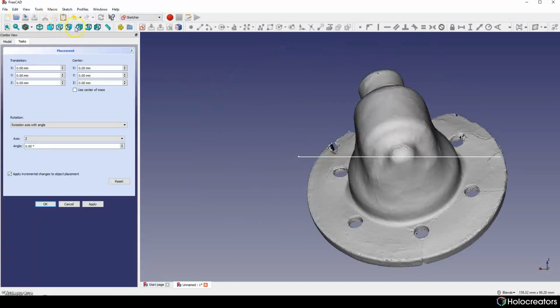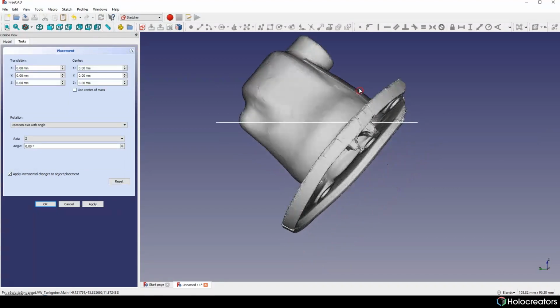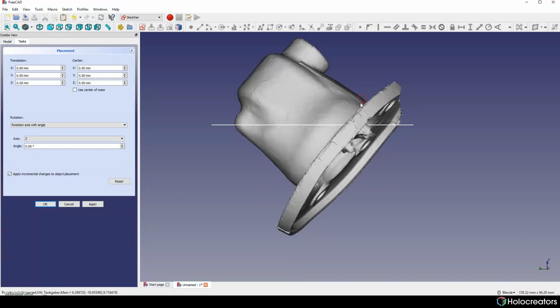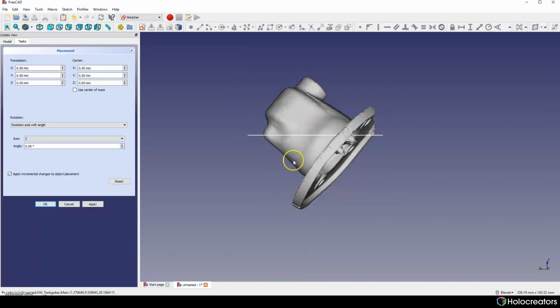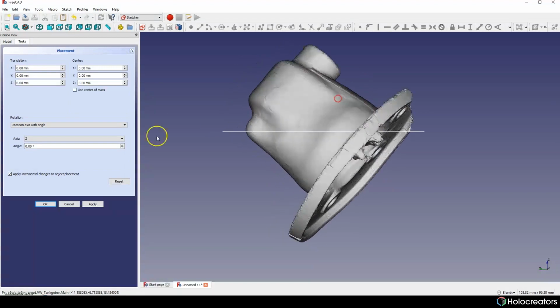We can start with this projection, and we will rotate this model on different axes until we get our model in the right position. In the beginning, I will rotate our model using the X axis.